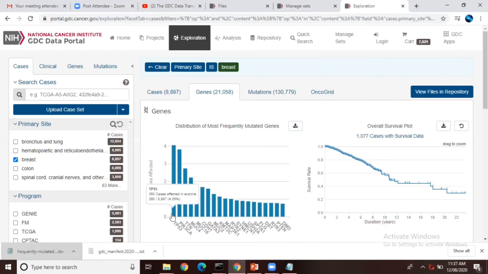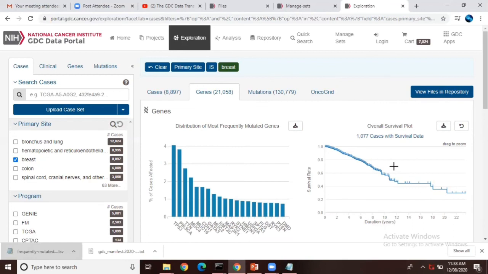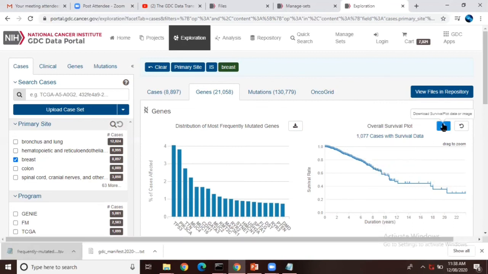This particular data set with respect to highly mutated genes can be downloaded directly from here. Or if you are interested to study only this particular gene and its survival rate, you can download this survival plot in the form of data sets or in the form of images, and you can build your own plot of your interest by using an Excel sheet or any other tool.